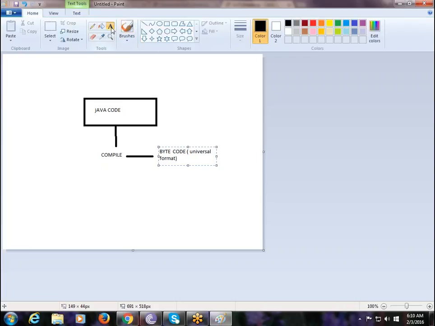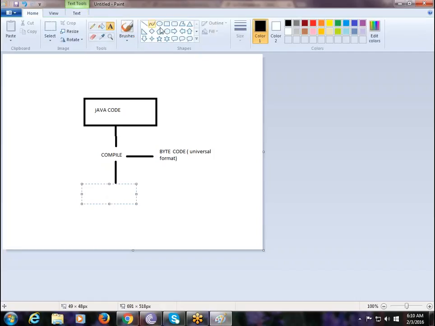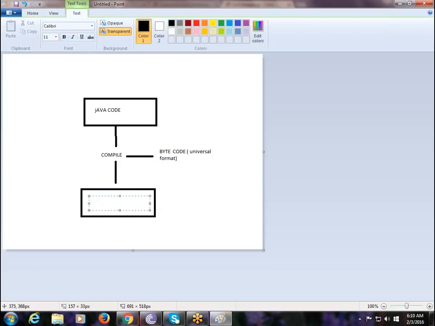After compiling the code, compilation is done. The next phase is interpretation. What is the importance of interpretation here?